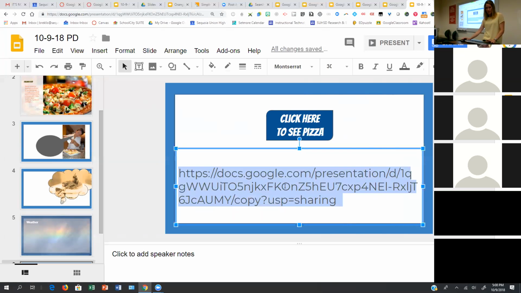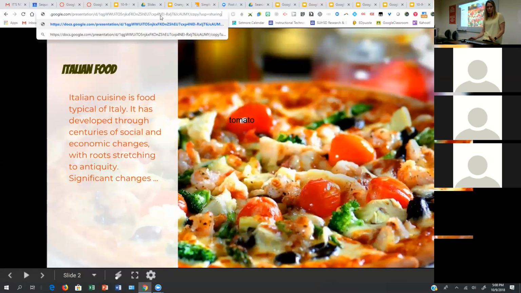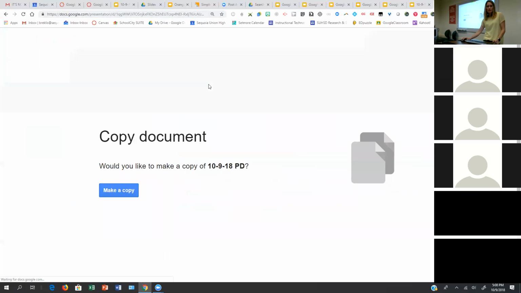Now, if I copy all of this, paste it in, so you can send the link with copy instead of edit, then it's going to open this up and it's going to say, would you like to make a copy? So you can force them to make a copy before they even open it. So there's no emailing you, I forgot to give the edit rights, because they just get this, oh, sure, I want to make a copy. They click make a copy, and then it shows up as copy of.